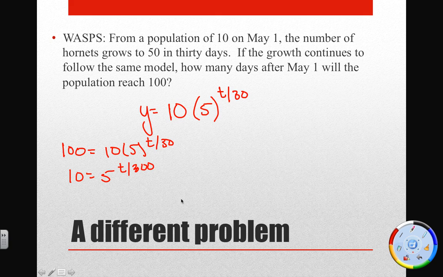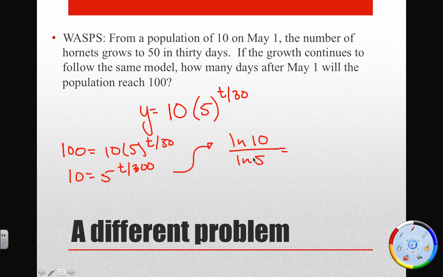If I take the natural log of both sides, you can do that whole process again, but you noticed that on the last page I eventually divided by the natural log of the right-hand side, the natural log of 0.5. So I'm going to do that here. It's now the natural log of 10 over the natural log of 5 is equal to,